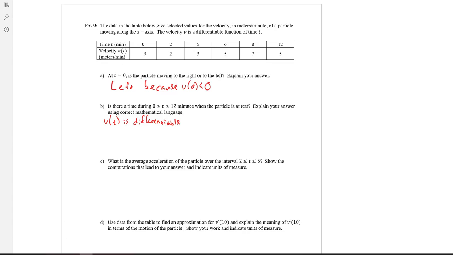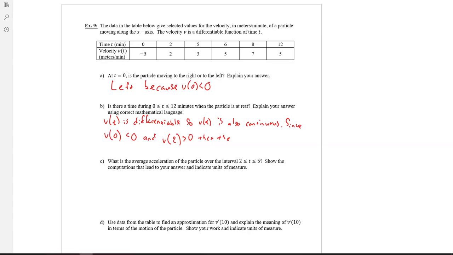V of t is differentiable for any time t, or we can say v of t is differentiable, so v of t is also continuous, since differentiability implies continuity, right? Thus, and actually also we'll say this. Since v of 0, the velocity at 0, which is -3 there, is less than 0, and v of 2 is greater than 0,